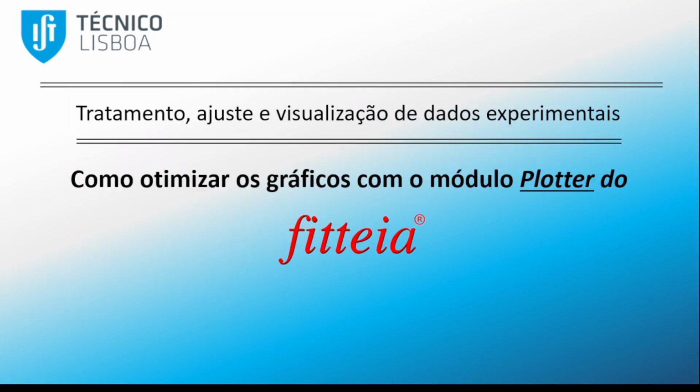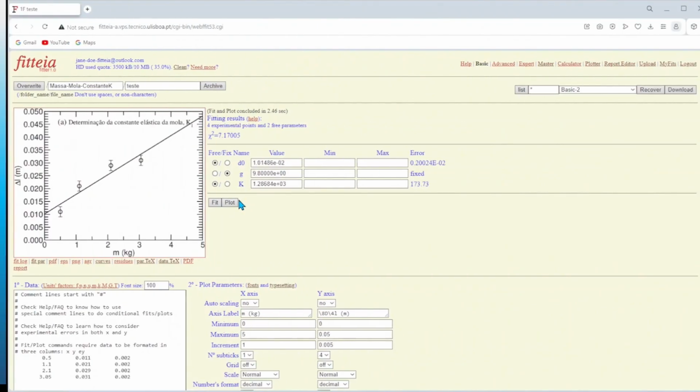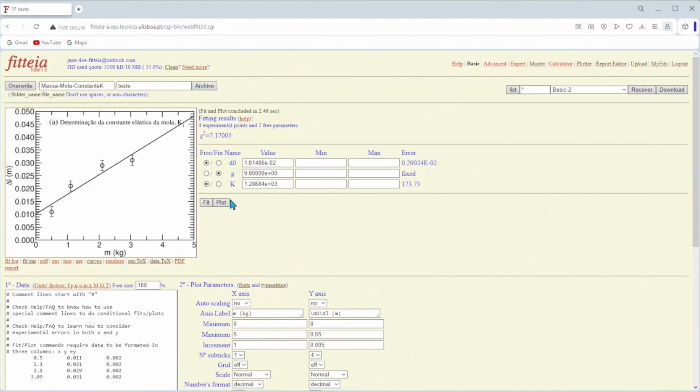We are going to explore the plotter module in Fitteia. There are several things you can do to improve your graphs, especially if you want to include them in a report. For example, since the fit has very few parameters, we could include the obtained value in the case-free region of the graph. This way we save space in the report because there is no longer a need to include